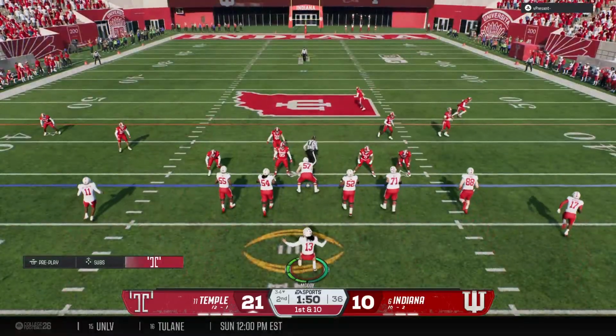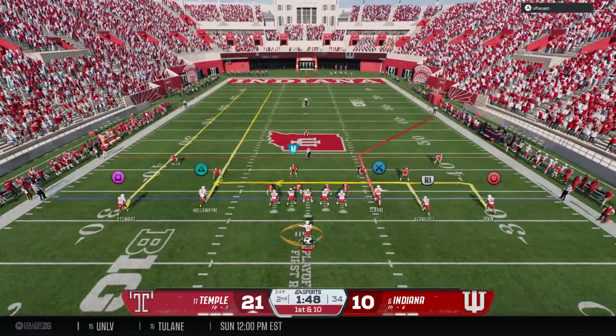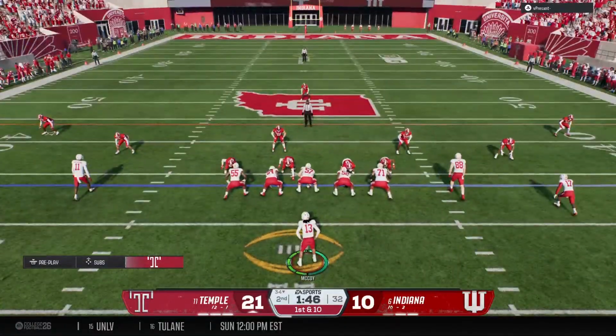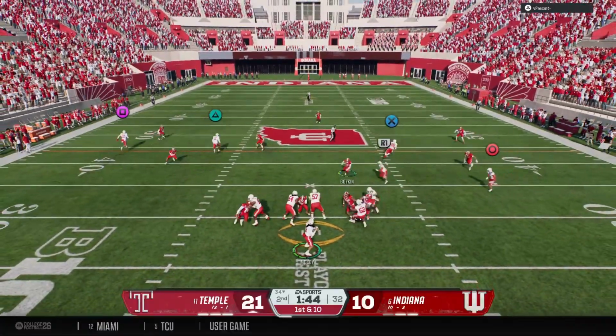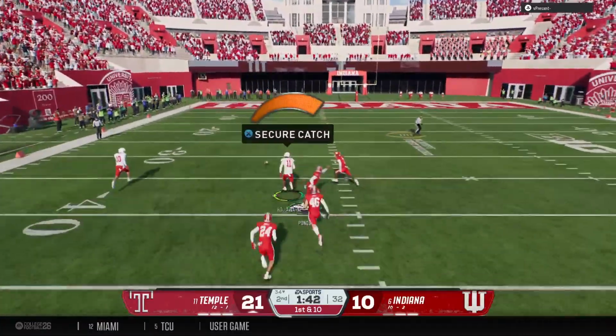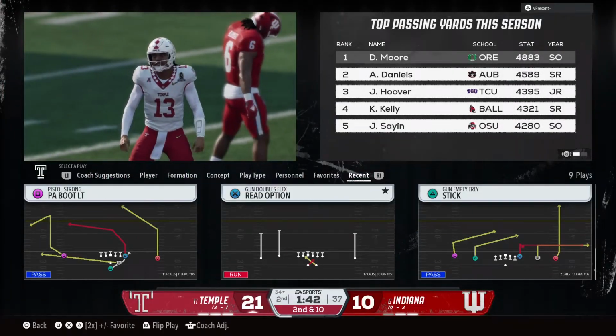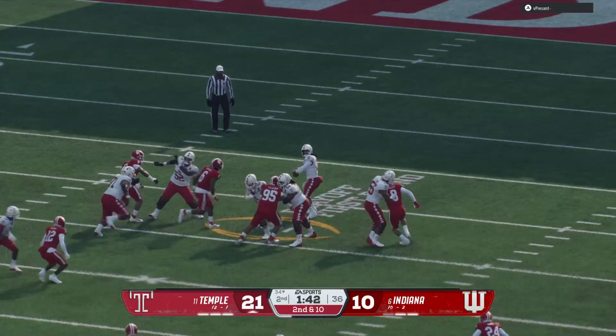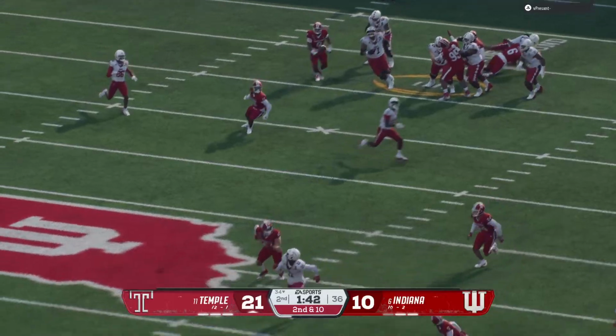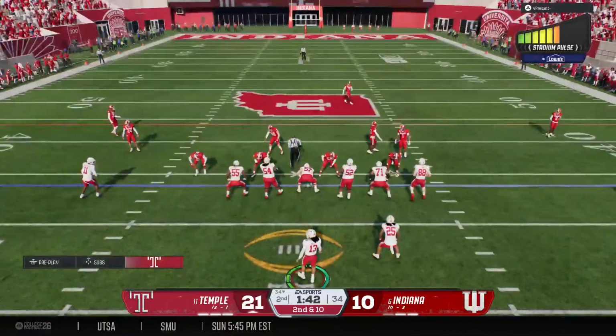Boy, another positive gain for this offense, and this quarterback continues to show how dangerous he is when he has time to throw. The defensive coordinator's got to change up his looks, maybe bring in the blitz, anything they can do to get this quarterback out of this rhythm. So, second down after the incompletion.